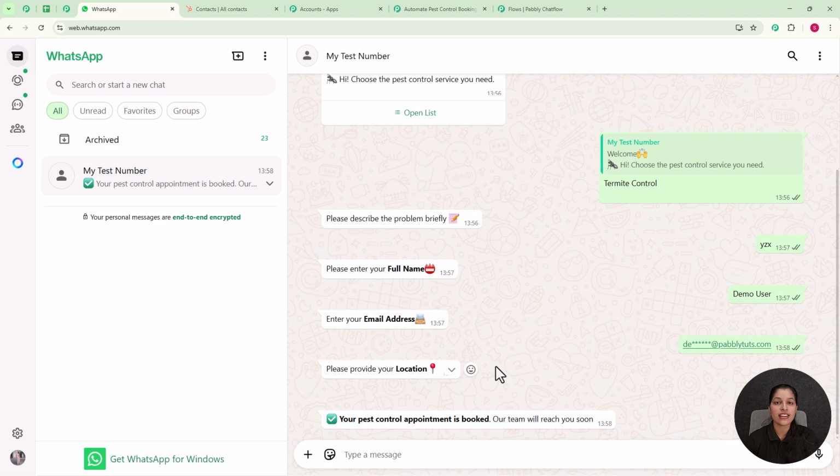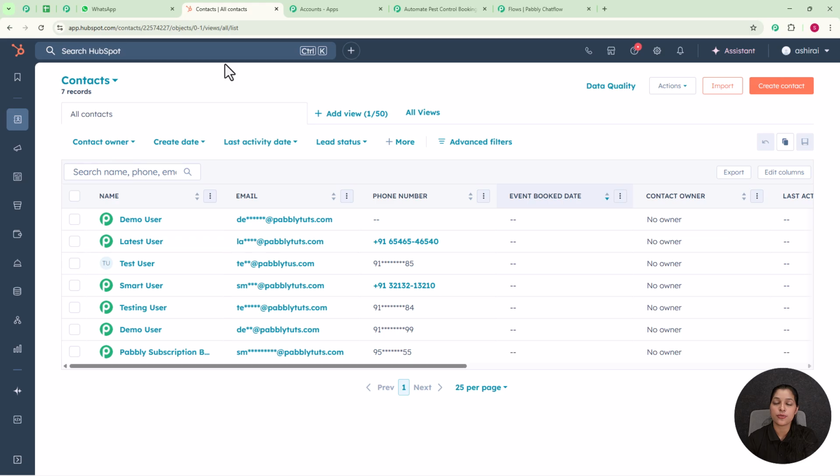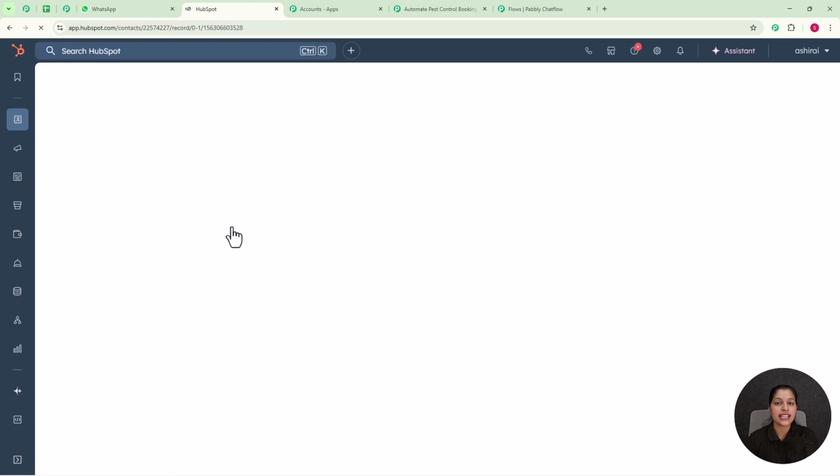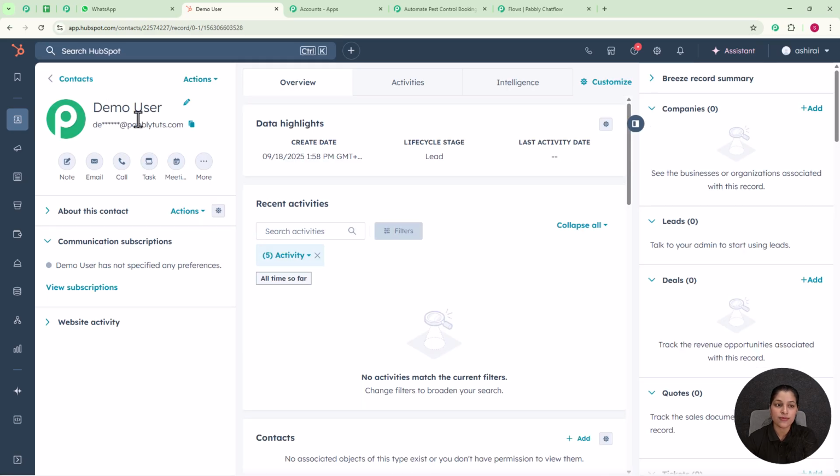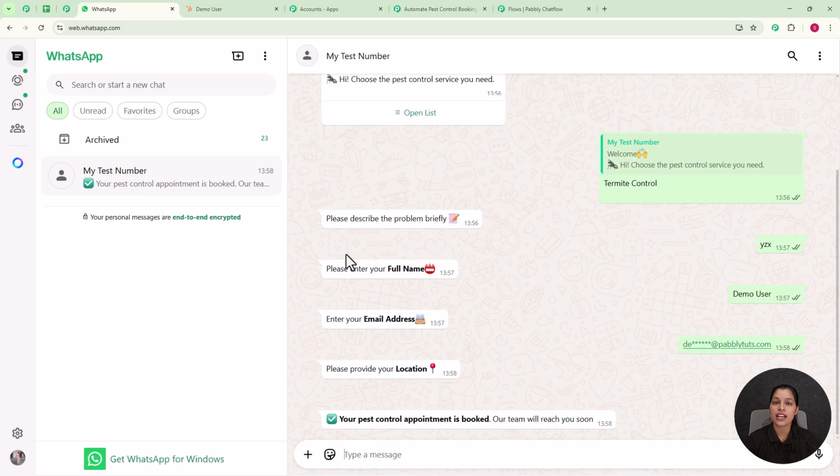So here you can see our chatbot is working properly, and not only this, now let's move on to my HubSpot CRM to check whether a contact is created over there with the same details I have entered here or not. So now let's move on to my HubSpot CRM, and here you can see I have landed on my HubSpot CRM account, on my contacts page, where I am getting the same contact which I have recently entered over my WhatsApp with the name demo user and the email address demoUser@pabblytudes.com. So here you can see our chatbot is working properly, and also creating a contact over the HubSpot CRM